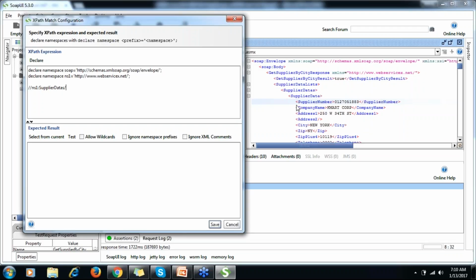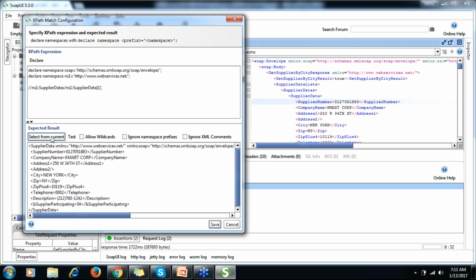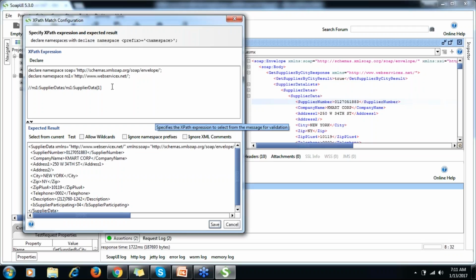So as I said in XPath, if you know any nearby element or tag, you can traverse from there. And then supplier data 1, and let me select from current. So what I got here is the first supplier, all the data from the supplier, if you do it this way.